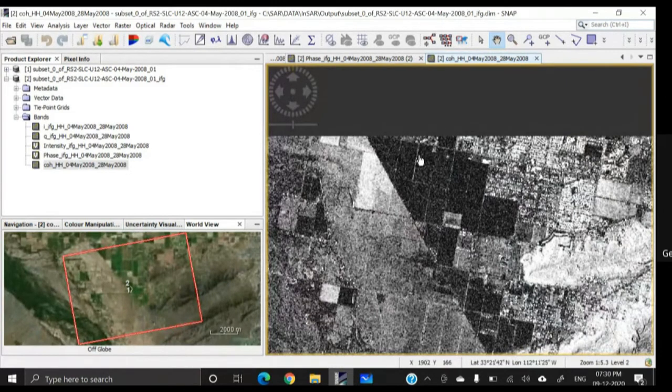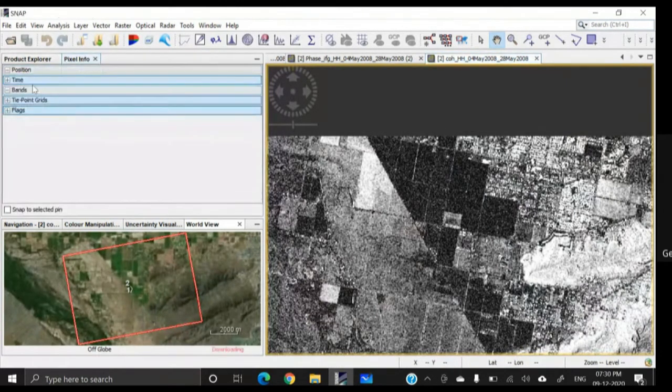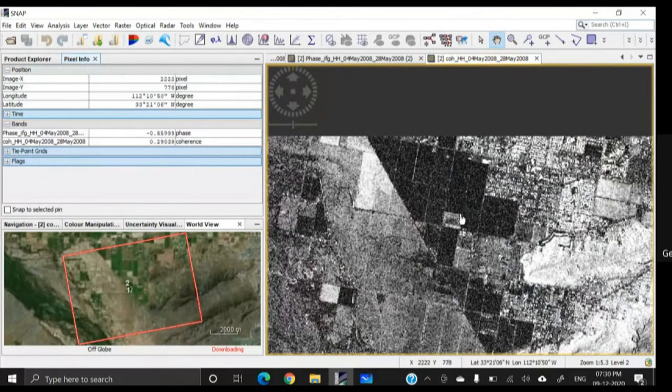If you go to the pixel info, you will get the values: the phase difference, the phase information, and also the coherence information. In the agricultural area, we have coherence even less than 0.1, but in the bare rock, we have coherence about 0.86, meaning 86% matching of phases.